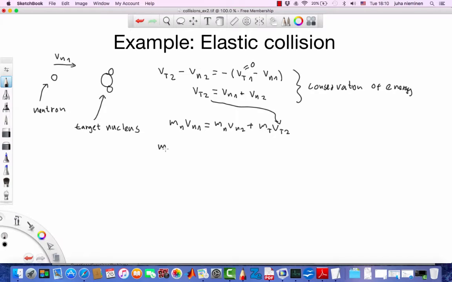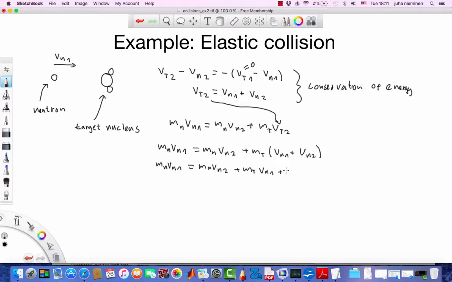So we get mn vn1 equals mn vn2 plus mt times (vn1 plus vn2), and we'll open that one up. So mn vn1 equals mn vn2 plus mt vn1